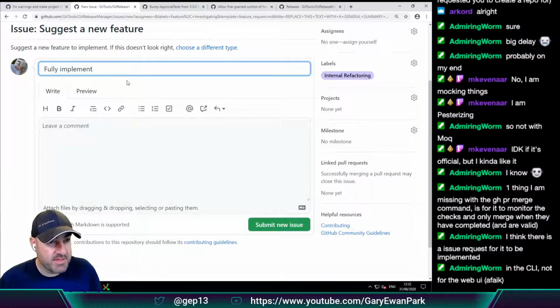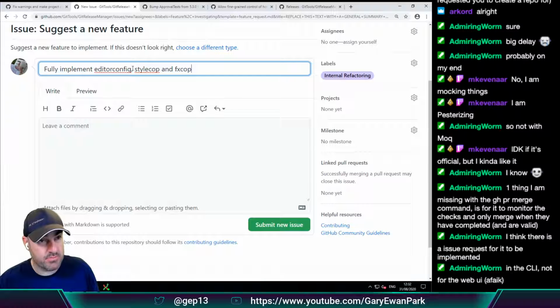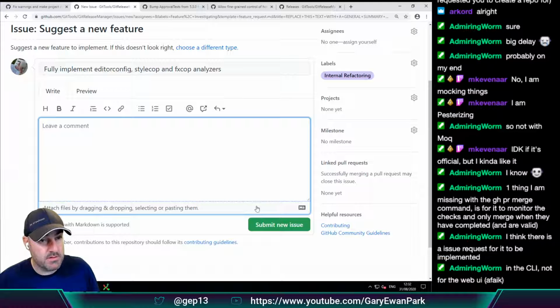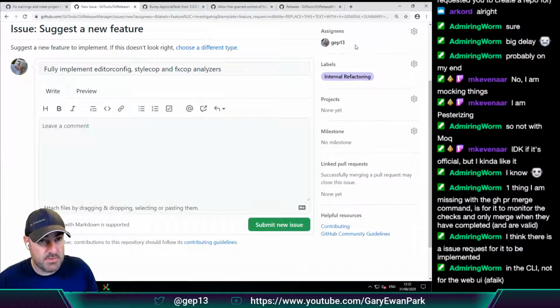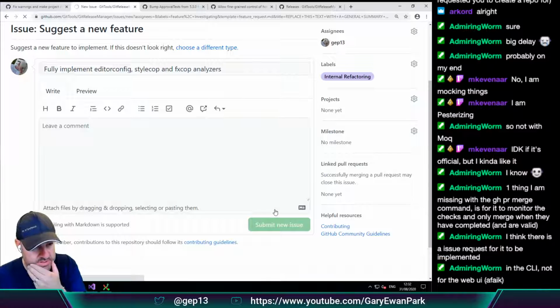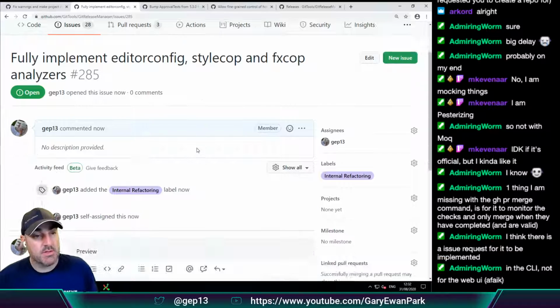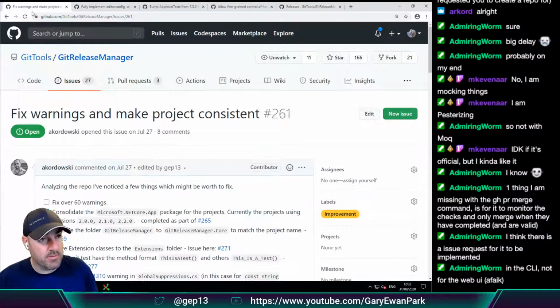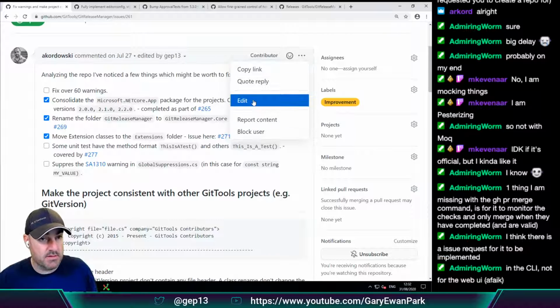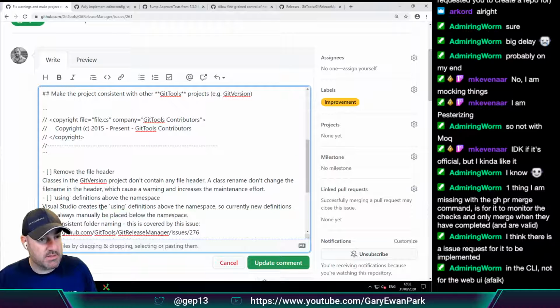Fully implement EditorConfig, StyleCop, and FXCop analyzers. So I'm going to assign me to this one. So I'm going to pick this one up, and I'm going to go over to here and edit this one again to say that it's covered by this issue. Okay.